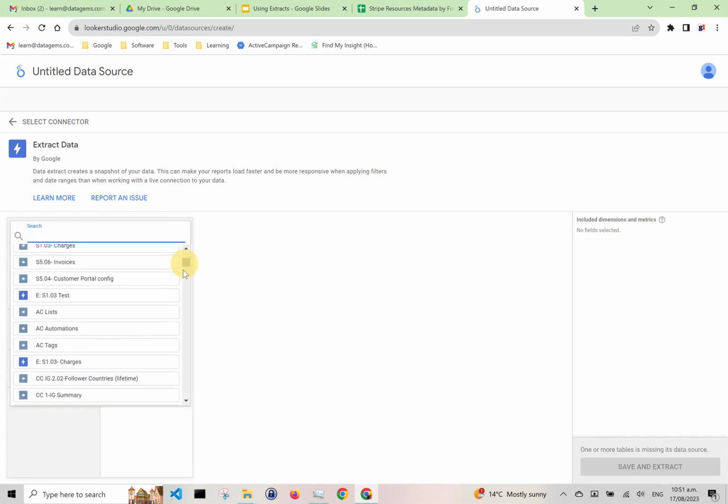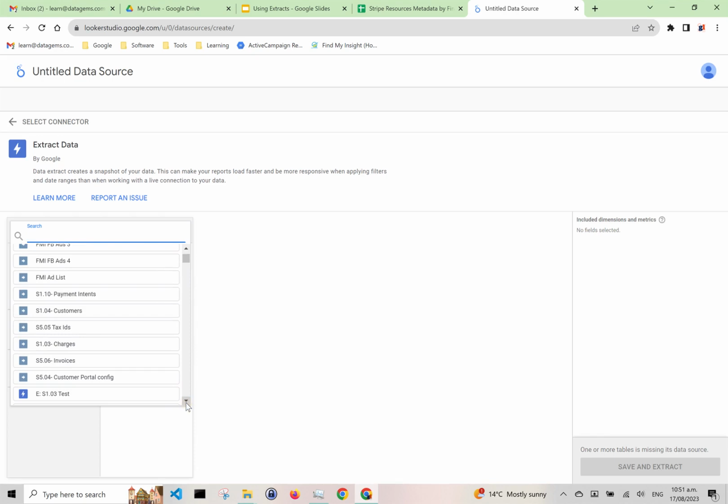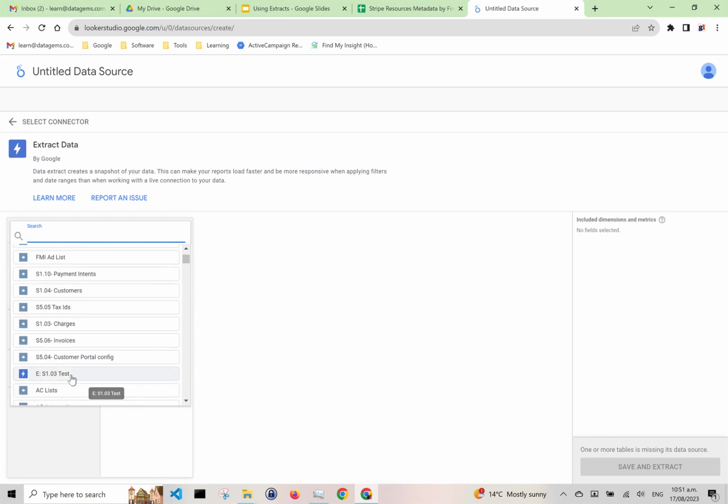So you can see here I've got a whole bunch of them. But for today's demonstration, I'm going to use one of our Stripe connectors, and I'm going to use one that I've already created the dashboard for, so I can show you that. So it's S103, which is charges. So it's really simple. You just select the data source that you've previously created,